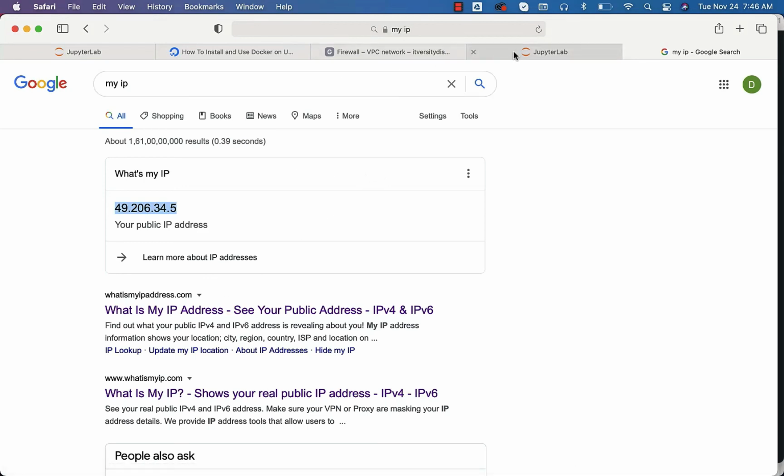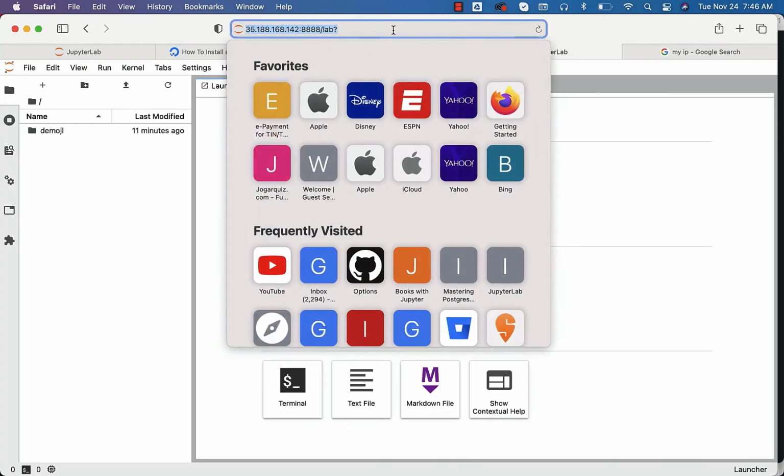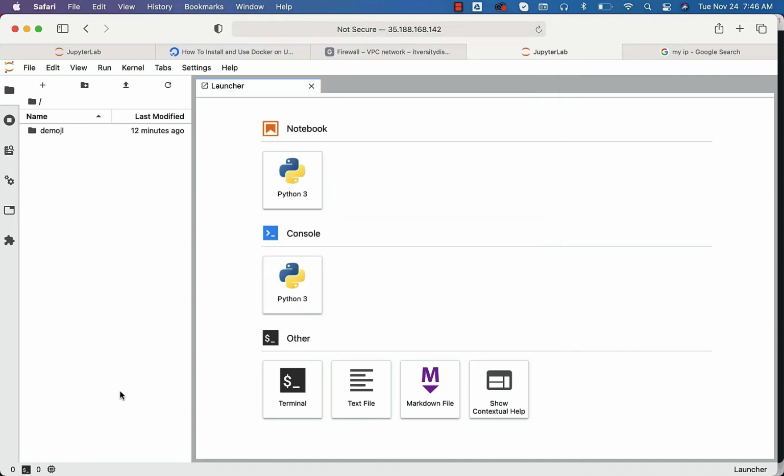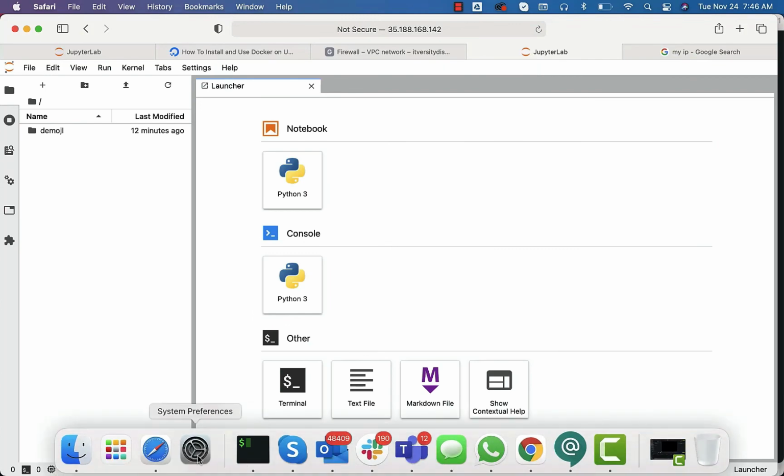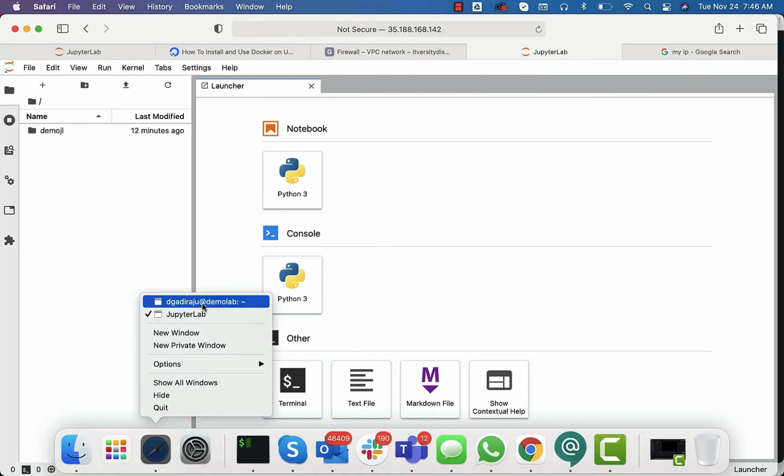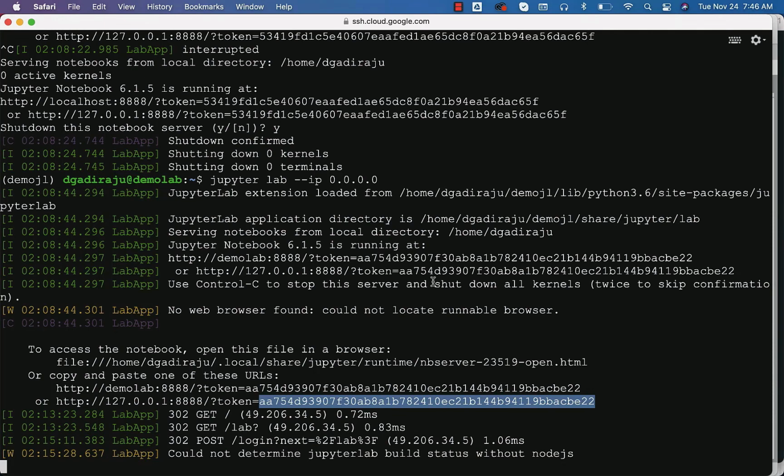Once the firewall is configured, you should be able to access the Jupyter based environment using the IP address and port number. The port number is nothing but 8888. It will prompt for the password. You just have to pick the password from the web console on which the Jupyter Lab is running, which is nothing but this one. This is how you should be able to set up a Jupyter based environment and access it from the browser on your PC. In this case, Jupyter is running on an Ubuntu based VM on GCP. You are able to access it using a browser on your PC.